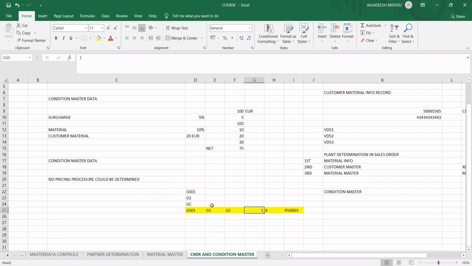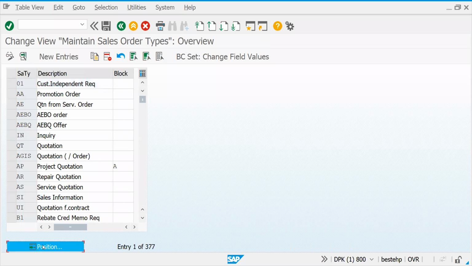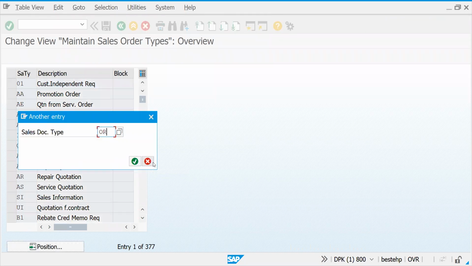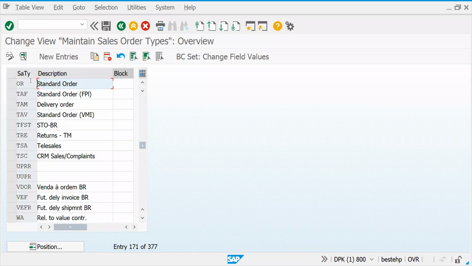Now let's see if I assign this one, whether the system will throw an error or not. Let's copy this. Go to the screen. Let me show you before getting there. Order.